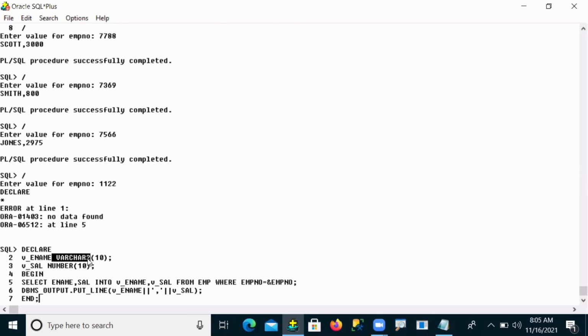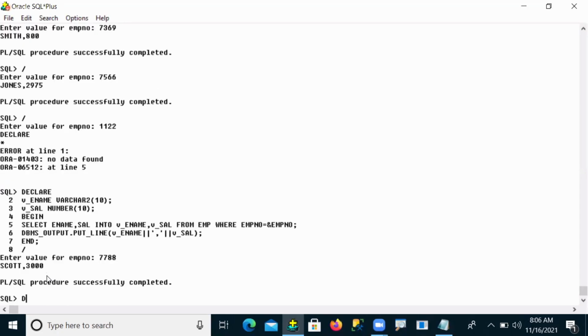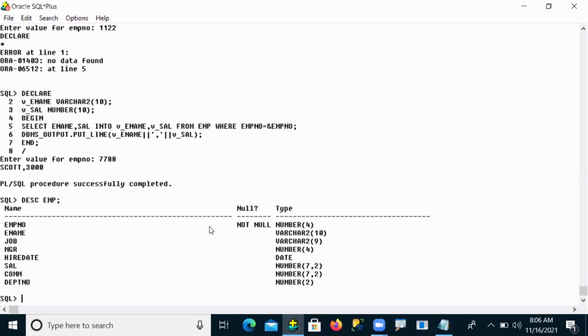The data types are varchar2 and number. This is what we call a direct declaration. Let me see, guys. It was asking for some number, and I am giving some number. But suppose from which table I'm taking here, from the EMP table. So that structure I'm seeing now. Observe carefully, here, when I'm storing the employee name.